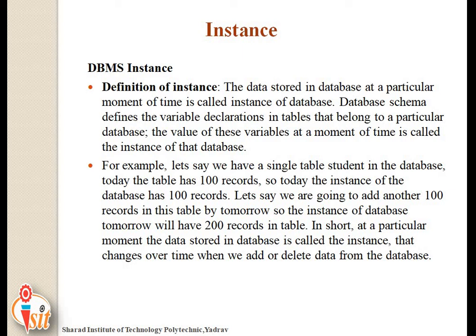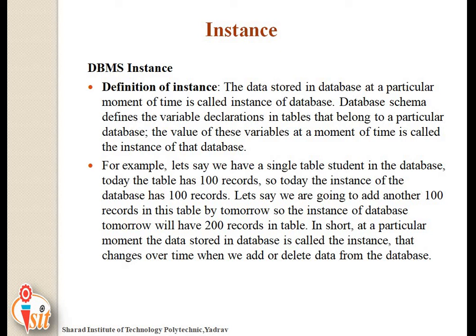Instances are the collection of information stored at the particular moment. The instances can be changed through operations like addition, deletion of data. It may be noted that any search query will not make any kind of changes in these instances.